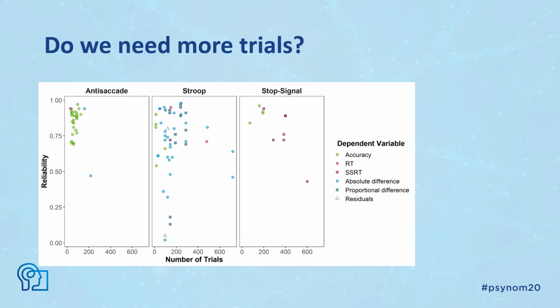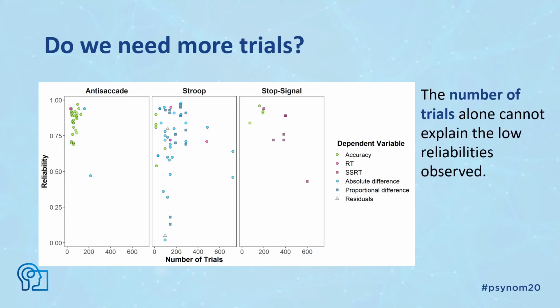We think such a pattern could be maybe due to the SSRT being a different score, or due to people maybe getting habituated to the task when it becomes too long. But in any case, it seems that we can't just assume that more trials will automatically translate into higher reliability. So this alone won't help us. Instead, what we think might be the case is that for each paradigm, there might be a sweet spot for the number of trials where reliability is maximized while avoiding issues such as habituation.